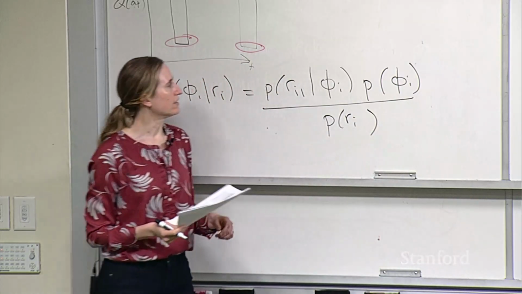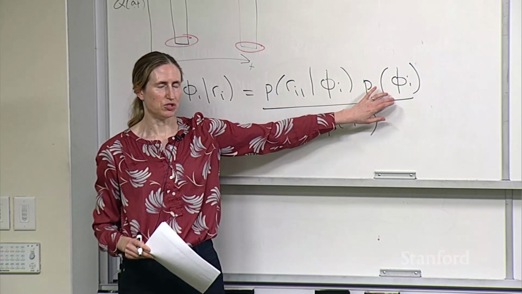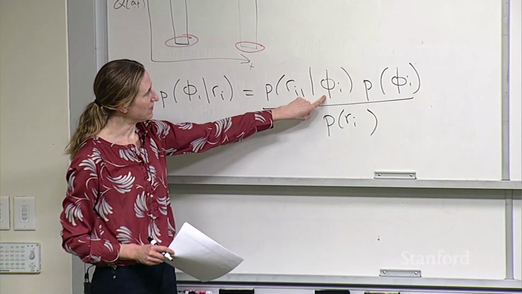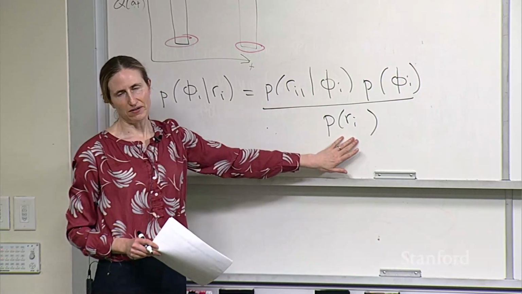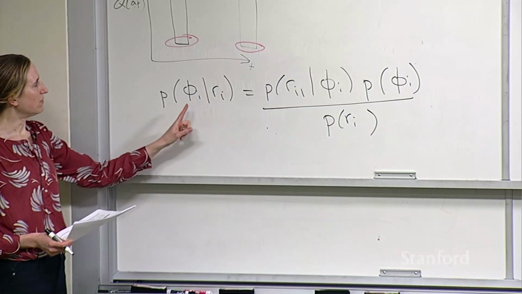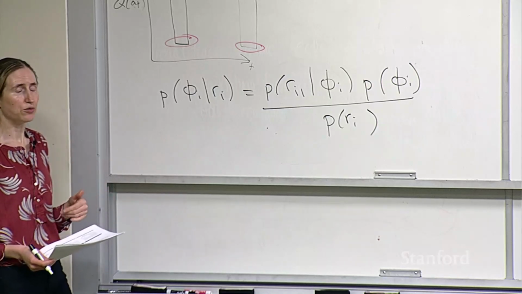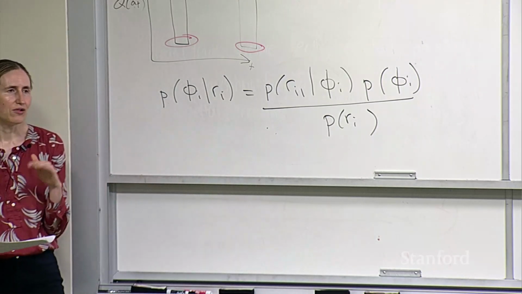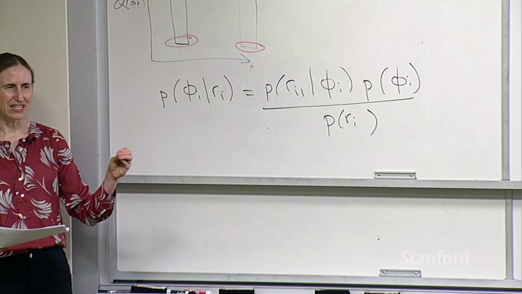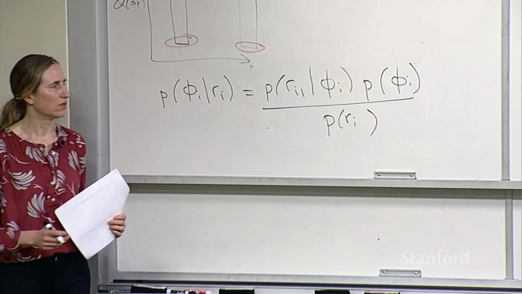This is our prior probability over the parameter governing the reward distribution for this arm. This is the likelihood of observing a particular reward given a specific parameter value. And this is the probability of seeing that reward in general. And when we do that, this is Bayes' rule, and then we use it to update what our new probability is over the parameter that generates that reward. So in the case of surgery, before we had some distribution over how successful we think surgery is on average. We give surgery to someone, we observe that they are healed, and then that changes what we think about the underlying parameters.